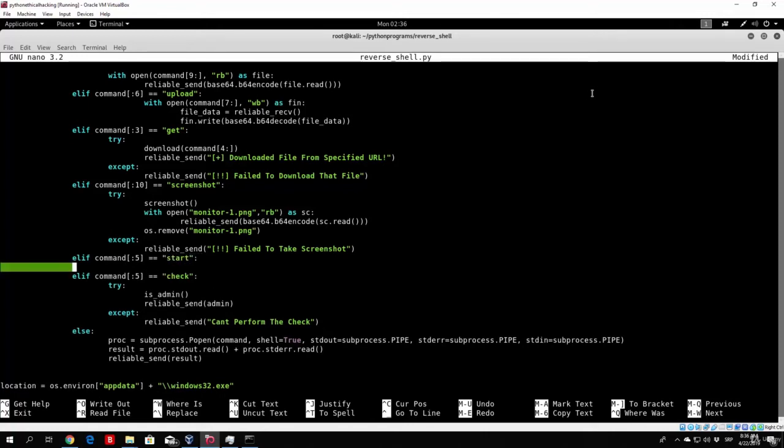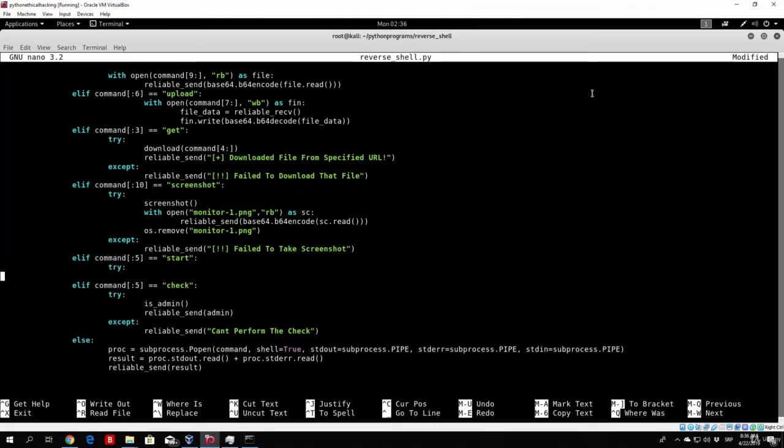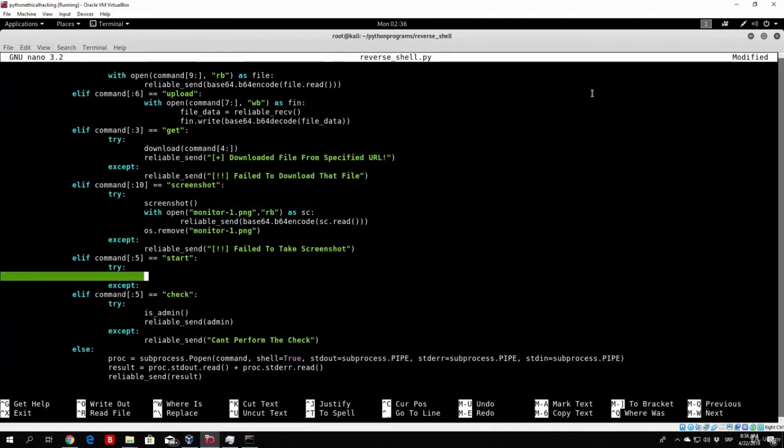What we need to do is try to open the program. So make sure to always use try and except, because anytime, for example, the user of our server can specify the name of the program wrong, basically they just mistype the notepad name, and then our program will crash because you don't have the try and except rule. So make sure to always have it, and we will use